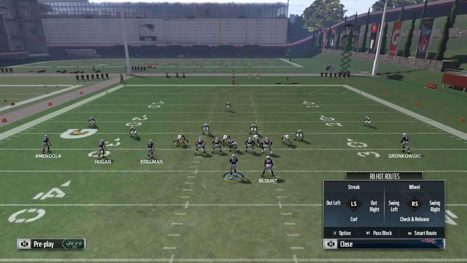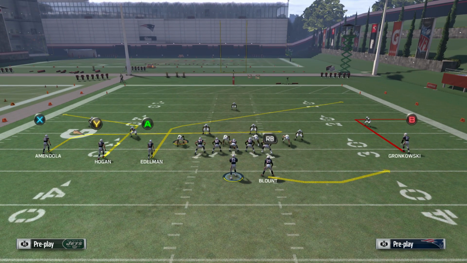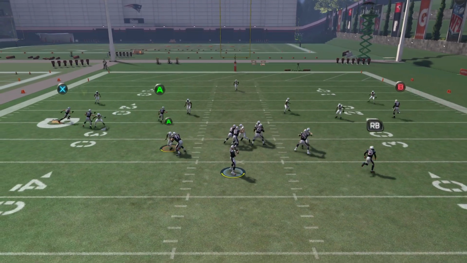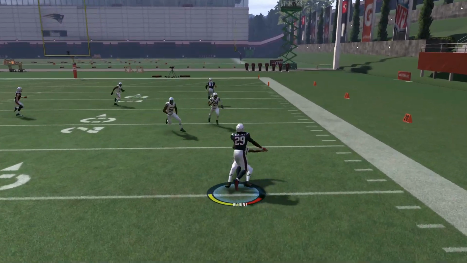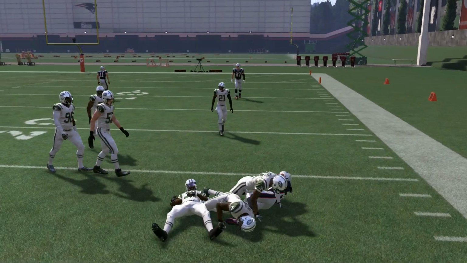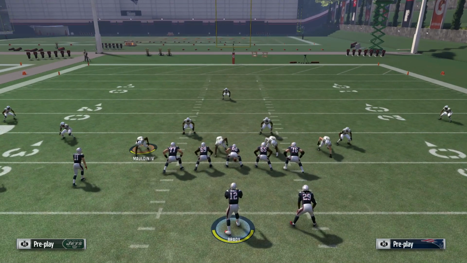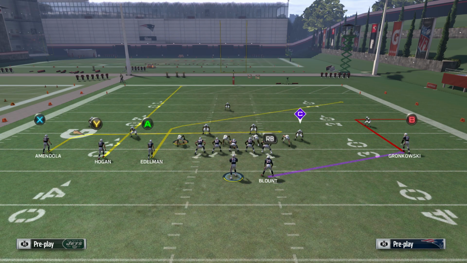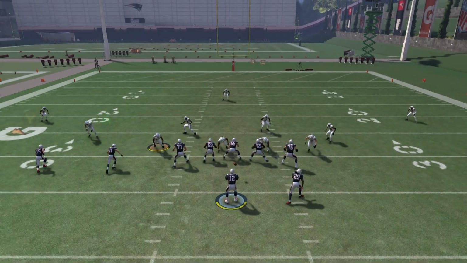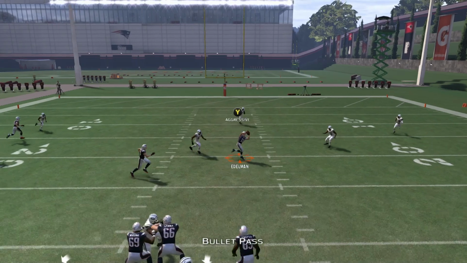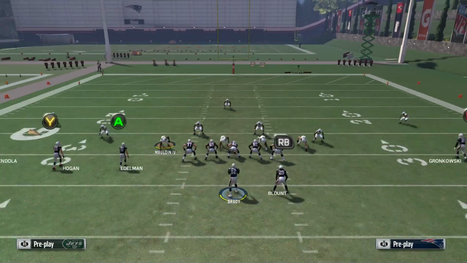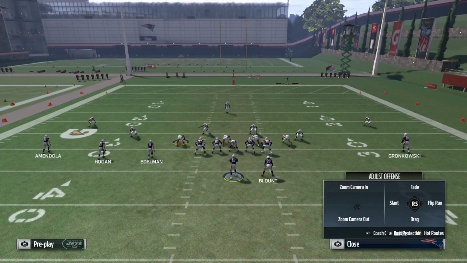And if it really bothers you, you can always put Blount on the swing pass, like such, and we'll create it up here. And we'll have something like this. Go ahead and make our reads. You can always check down, hit RB, get a couple yards. Let's see, what else can we do against cover 3? You always have that post over the middle. Let me put them on an out route, run it stock, and let's look at the replay real quick